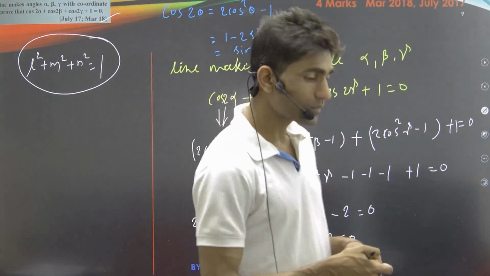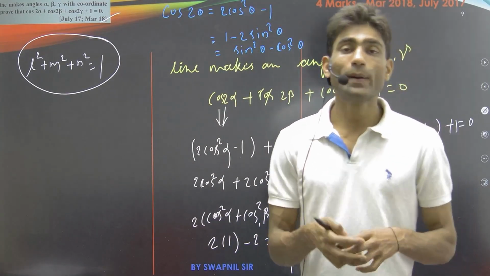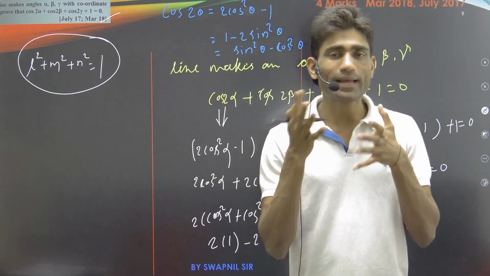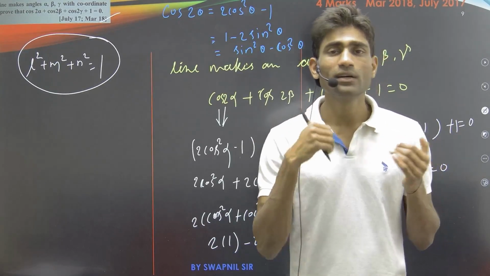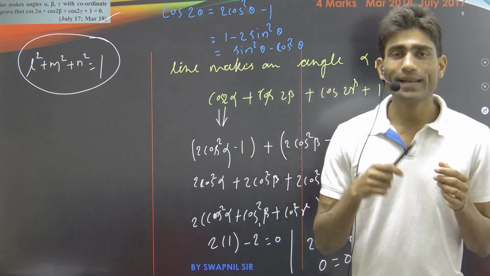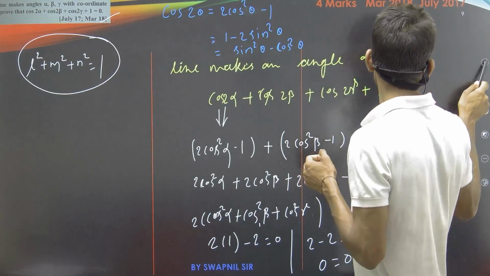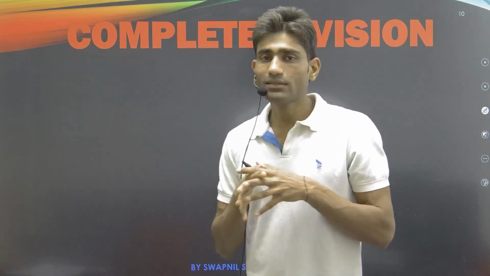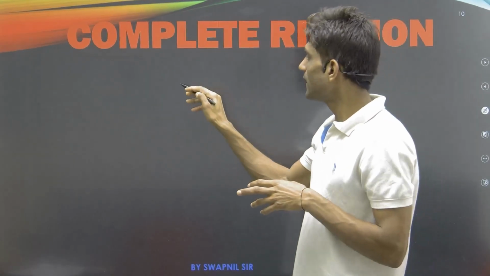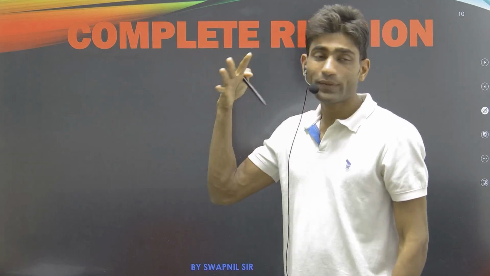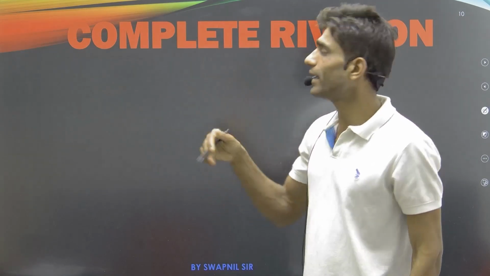So in our example, what have we applied? We have applied the connection between direction ratios and direction cosines. Now let's move to the next part. I'm going to recap what we have learned so far in today's lecture. At the beginning of our lecture, we started with the condition for collinearity and coplanarity.